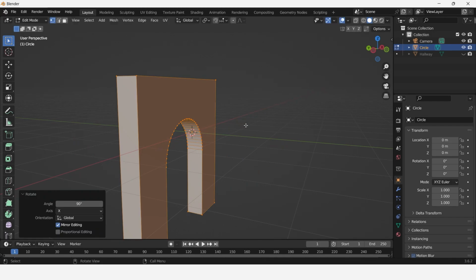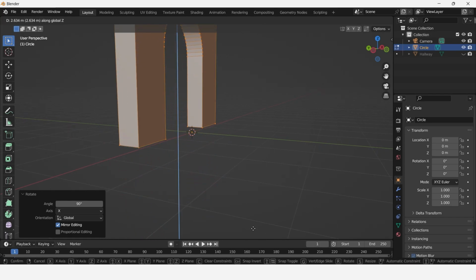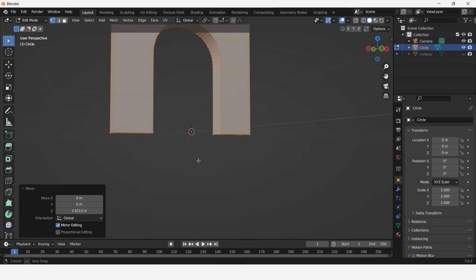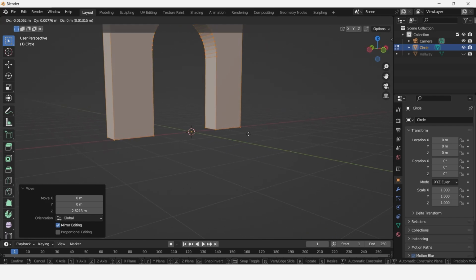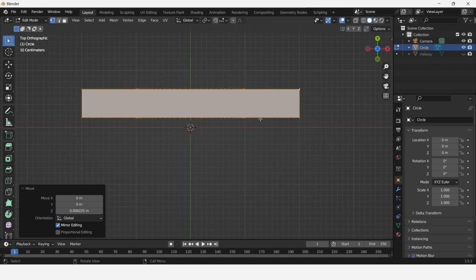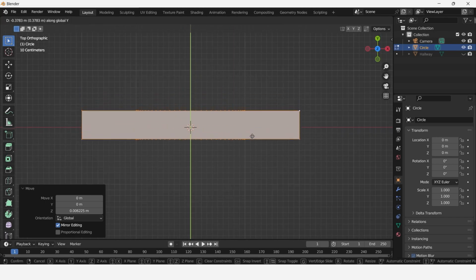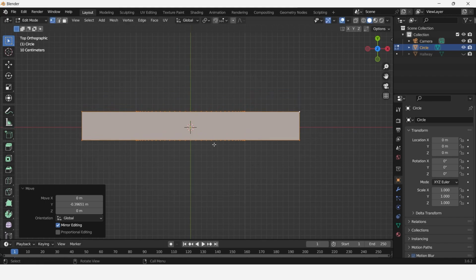it'll be standing upright. And then all I'm going to do is hit G and Z to drag it up until it's roughly resting on the floor of this grid. It doesn't have to be perfect, close enough is often good enough when it comes to visual effects. And then let's hit 7 and then G, Y to once again center it into the middle of its origin